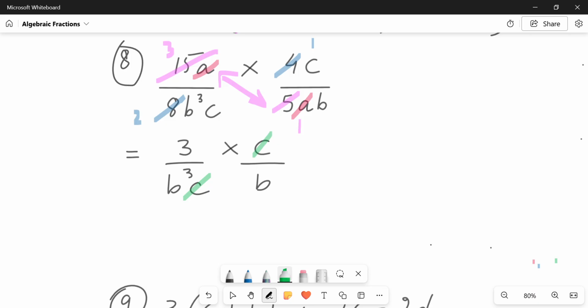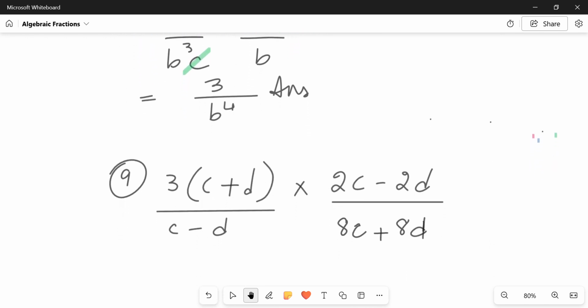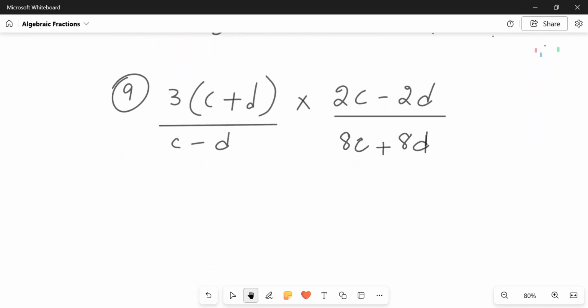And what is the answer now? 3 over b3 and b. And I told you in multiplication, variables powers are added. So b3 over b4, b to the power 4. This is the answer. Two more questions and you people will become master in this unit 1 of book D3,